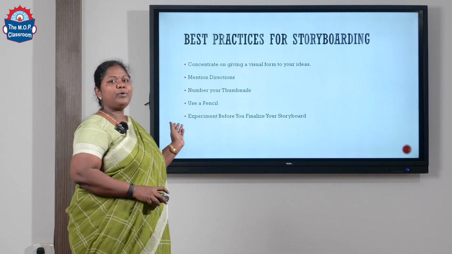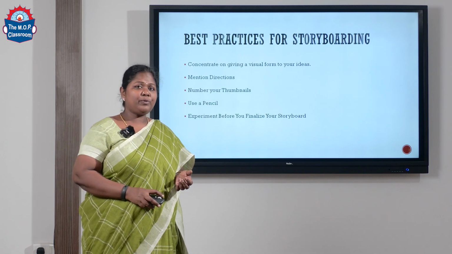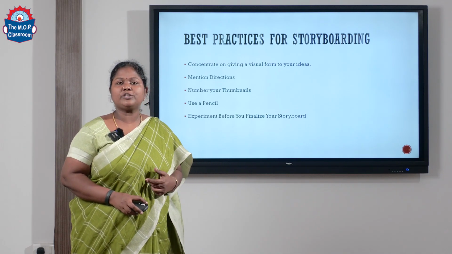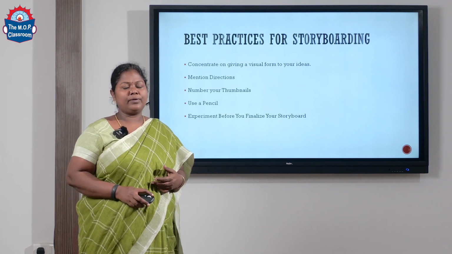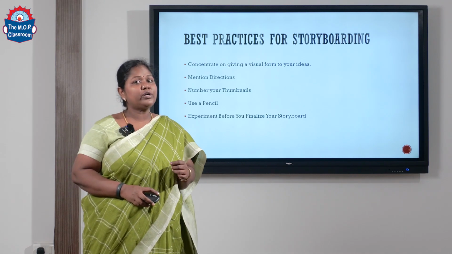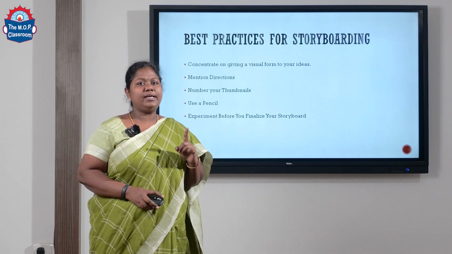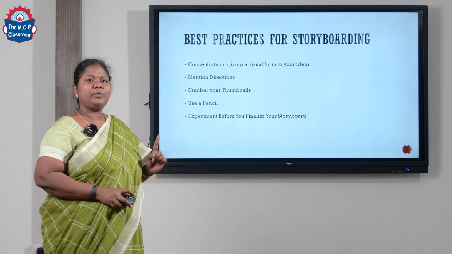Numbering it is very important, because it's just not a few sheets that you're drawing. Depending upon how large your production is, meaning how lengthy your production is, that many visuals need to be drawn. Again, not all shots are drawn. It's only the reference shots and the important ones that you could keep. So referencing, putting the number for them is what is required,